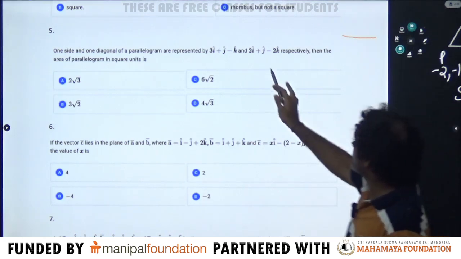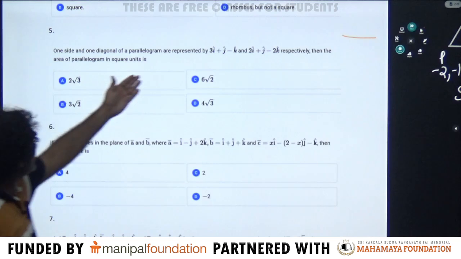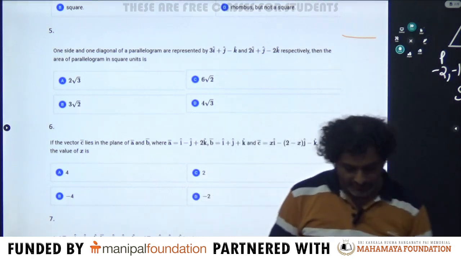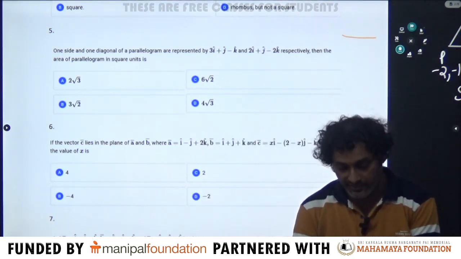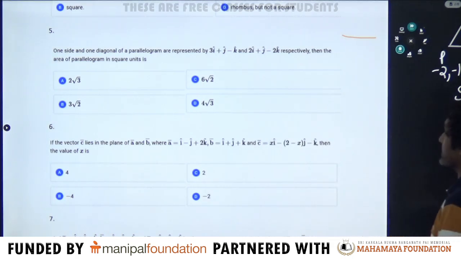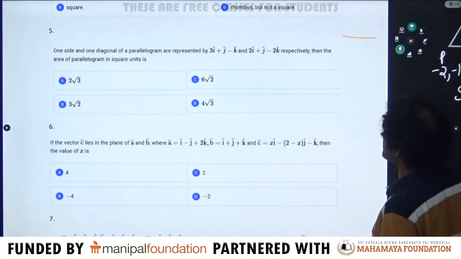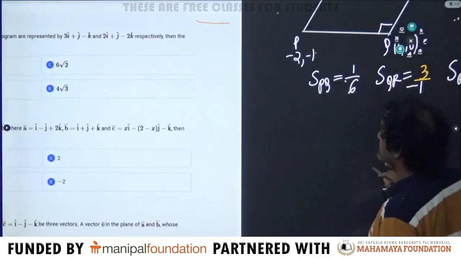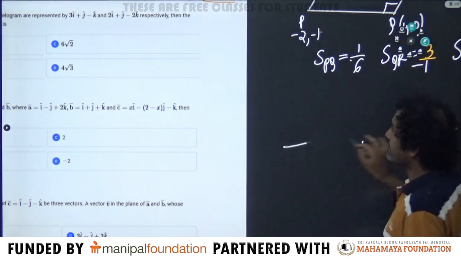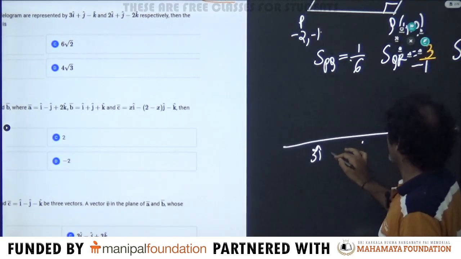I want you to try this. I taught you this exactly. They have given one side and one diagonal, they've made it a little complicated, think about it. Think about it. I think you can see the question clearly. If one side of the parallelogram is 3i plus j